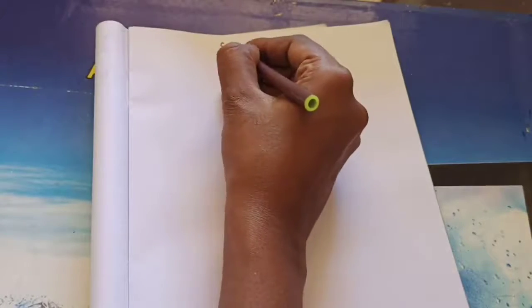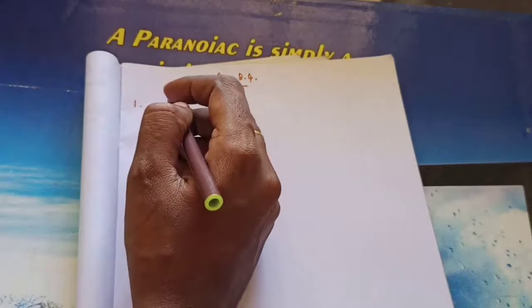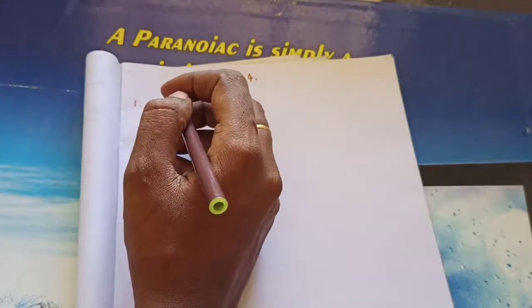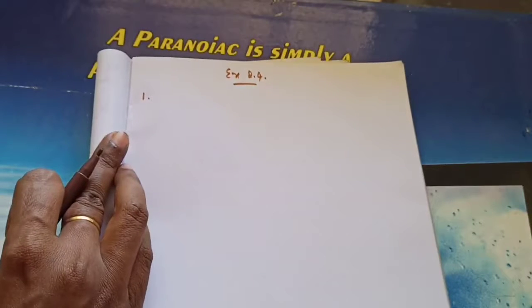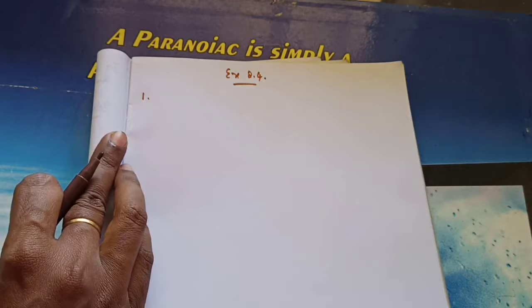Exercise 2.4. The first problem I gave as homework already. I don't know how many of you completed it. Because of that I am doing it again. Why? Because it's a very important question. Two problems I taught you in the examples, and this exercise is also very important. So don't leave that out; because of that I am teaching it now.